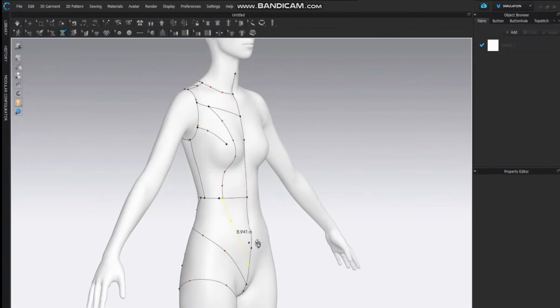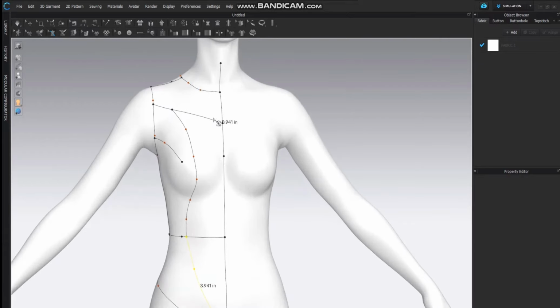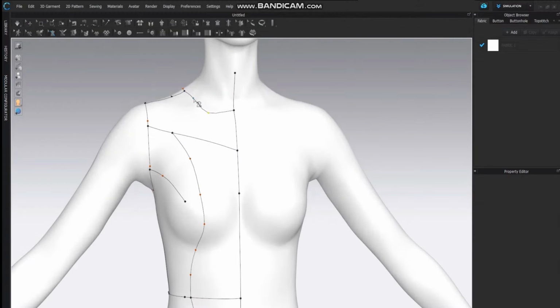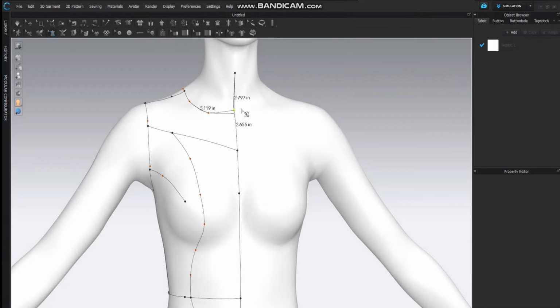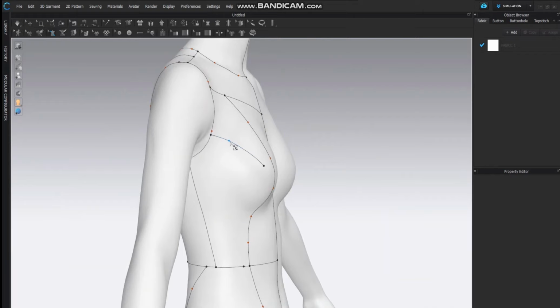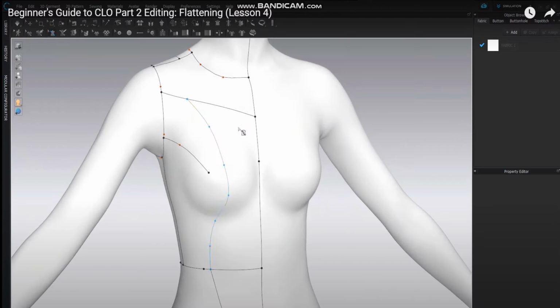If I would like to make any changes, there's a tool called Edit 3D Pen, in parentheses it says Avatar, and this tool will let you click and move points around. It will let you delete points by right-clicking on them and choosing delete. If you right-click on an area where there